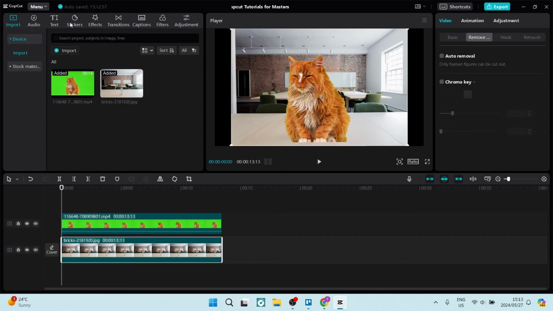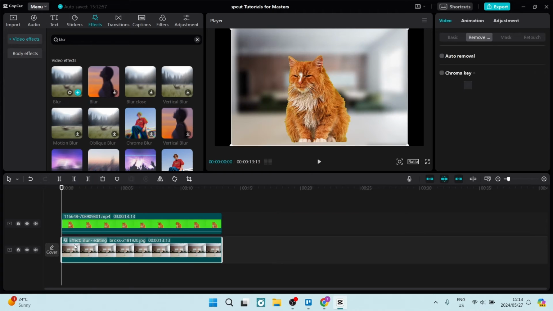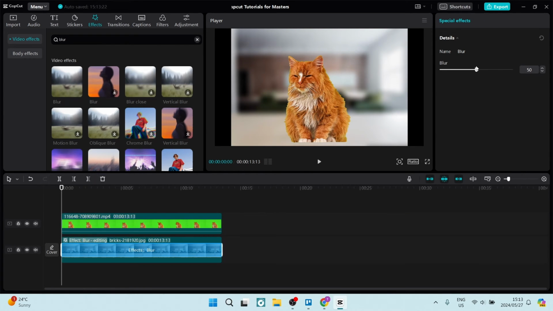realistic. So on the top left-hand side of your screen, you're going to click on Effects. From here, you will see there's a search bar at the top, and you can click on the search bar and type in blur. We can now click down on this blur effect and put it on the background. You can see now on the right-hand side you can adjust the intensity of the blur to make it